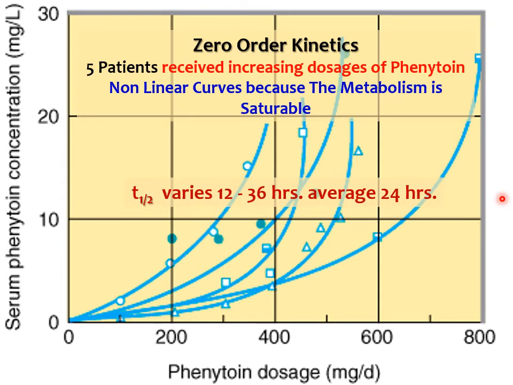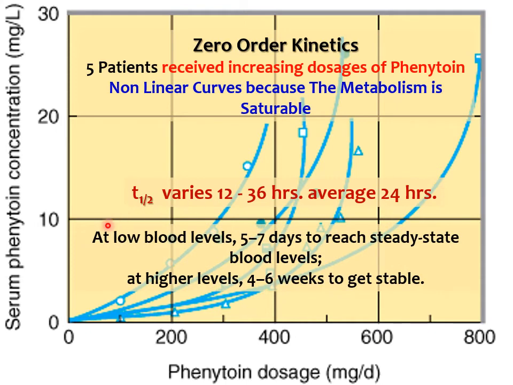Due to that reason, the half-life of phenytoin may vary in individual cases. It usually varies from 12 hours to 36 hours with the average of 24 hours. When the blood levels are low, like in therapeutic dosages, the steady state may be achieved after 5 to 7